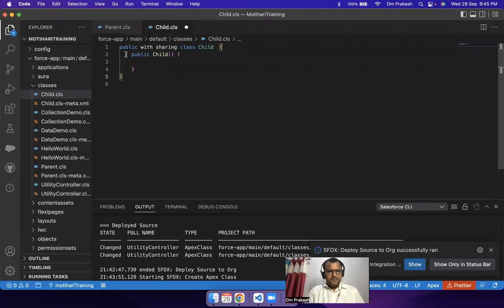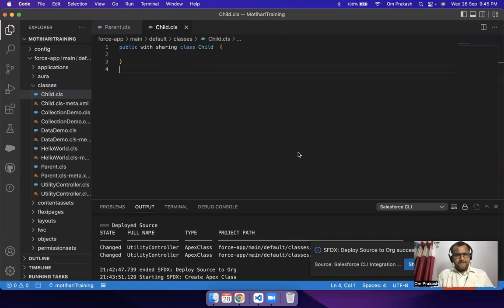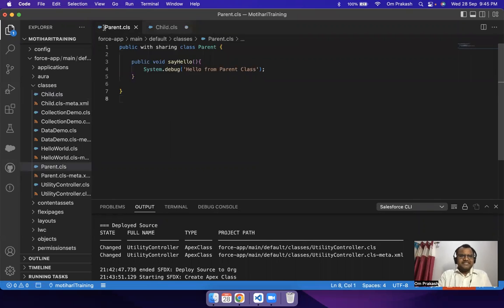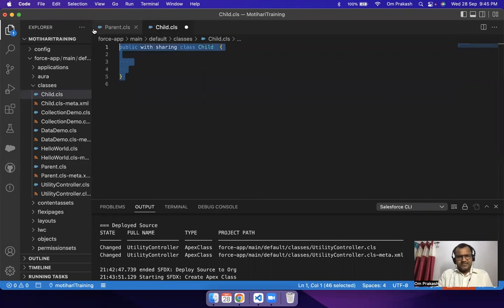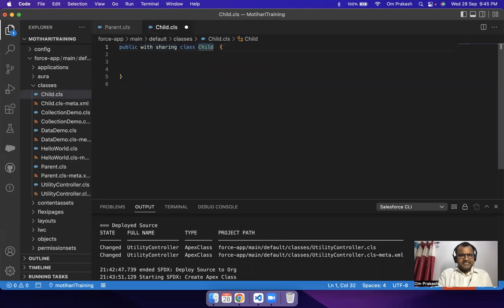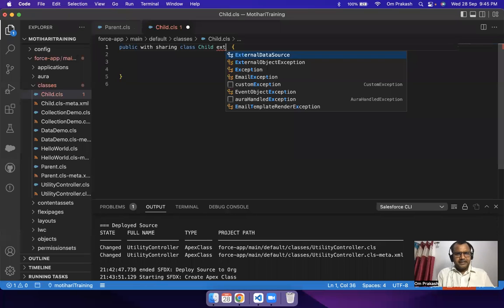Okay, let me remove the constructor from here as well. And I want this class to extend this class. What is the meaning of this? This class will be a child class, and this class will be the parent class. Don't be confused by the name, I have just taken the name in that direction. So if you want to extend some functionality from another class, we need to write here